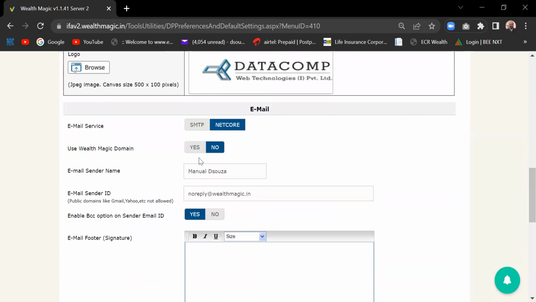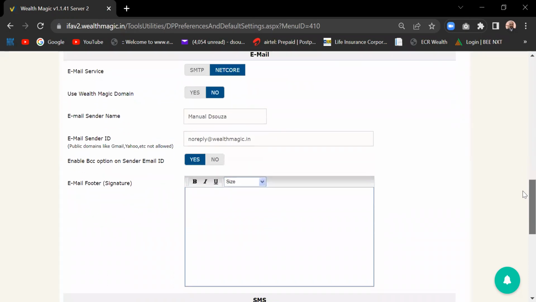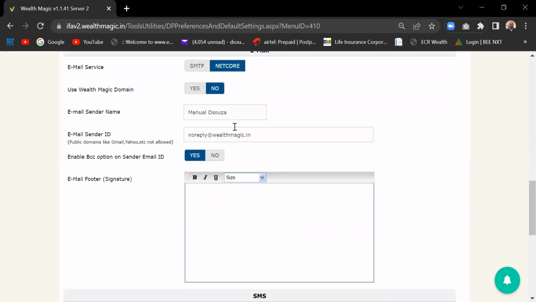Email services: if you have purchased email services through Netcore, those are paid services, while SMTP is a free service. If you have set Netcore, you select Netcore here. If you want to use the Wealthmagic domain, I don't want to right now. Email sender's name, if you want